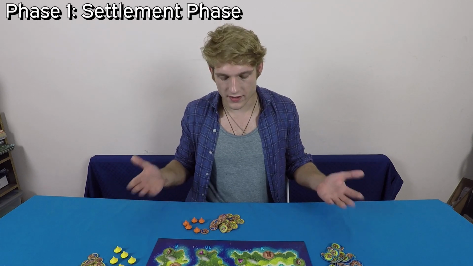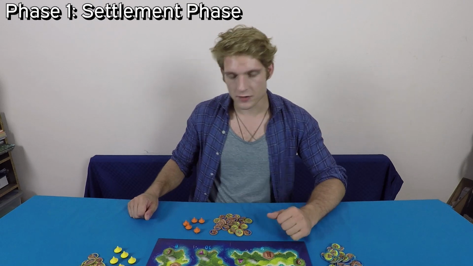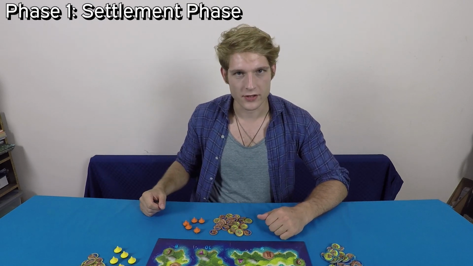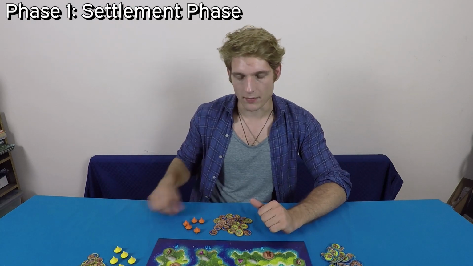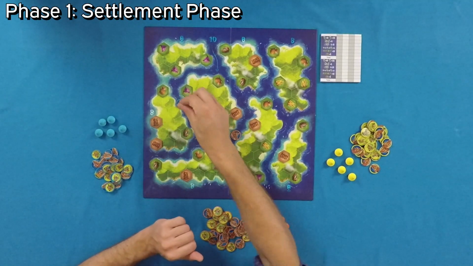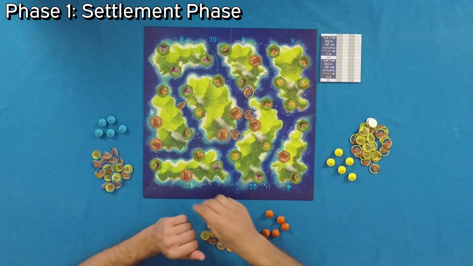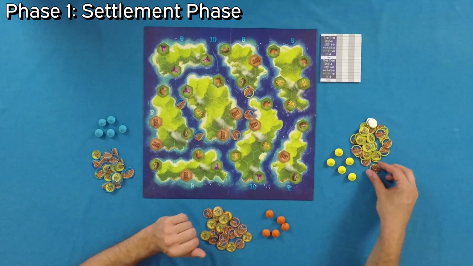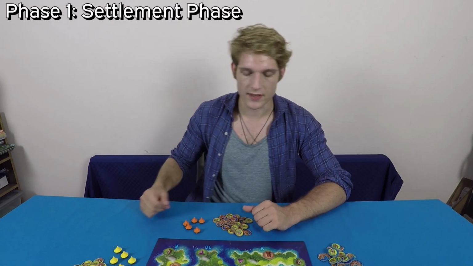In the settlement phase, the youngest player will go first. The game is played in very quick turns. Each player just places 1 token on the board on their turn, and then it's the next player's turn. So it's very rapid around the table. We'll take turns placing one of our settler tokens down on the board in turn order, continuing this until either all of the green tokens, or in the case of your retail copy,